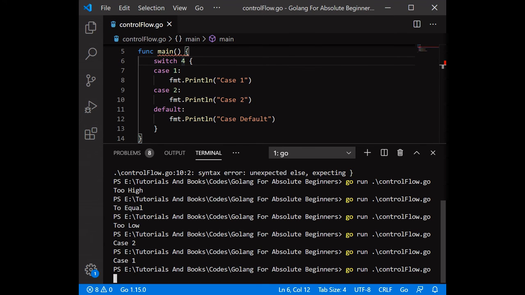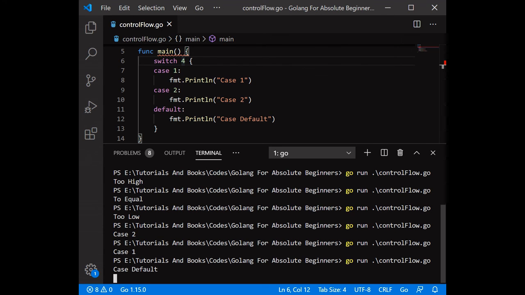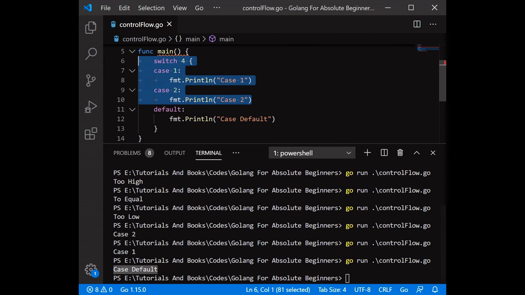See, after passing 4, the default case is executed. We have initialized case 1 and case 2. We don't have case 3, 4, 5, and infinite cases. So when the cases which we initialized are not matched within the switch statement, then our default case will be executed.